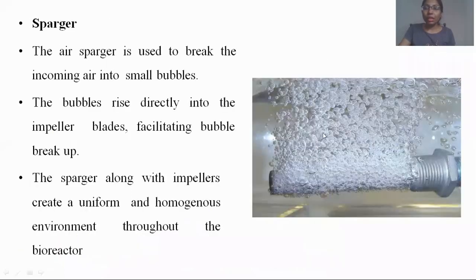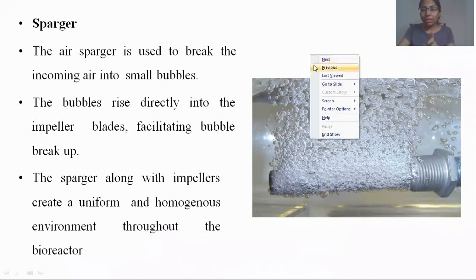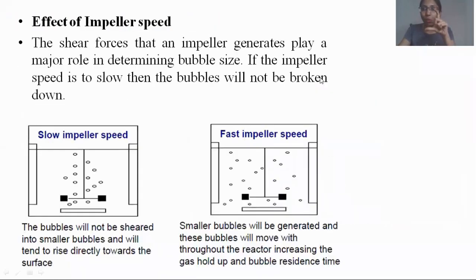Can you see that these are the bubbles that are coming up? That is known as the sparger, from which the bubbles come up. The one you have seen in the aquarium. When you see the aquarium at your home, you see the little chip-like, nozzle-like structure from which the bubbles come up.